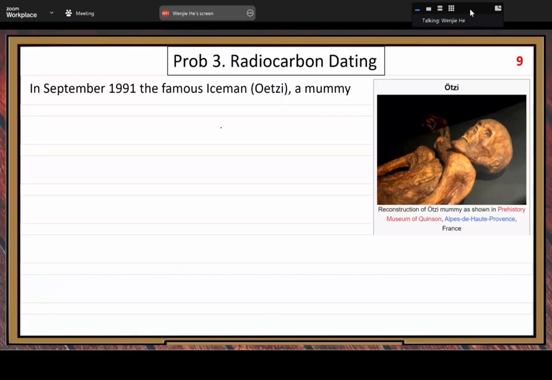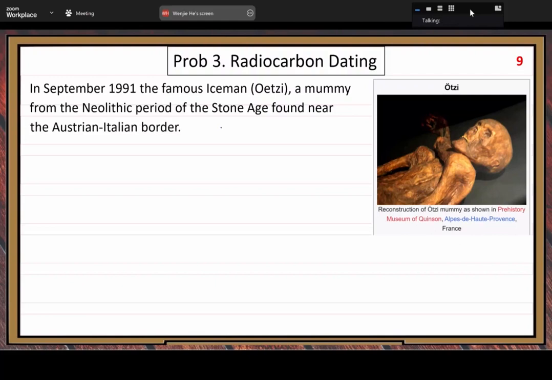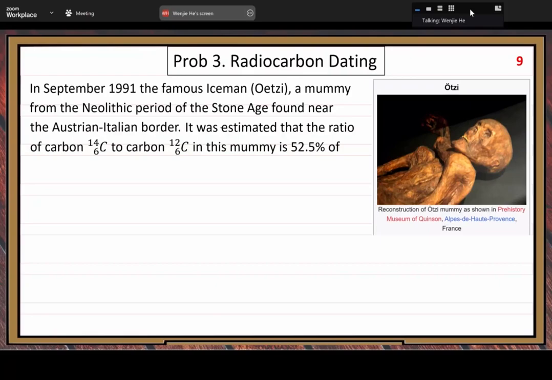Question: September 1991, the famous Iceman, the real one, from the Neolithic period, Stone Age, found on the Austrian-Italian border. It was estimated that the ratio of carbon-14 to carbon-12